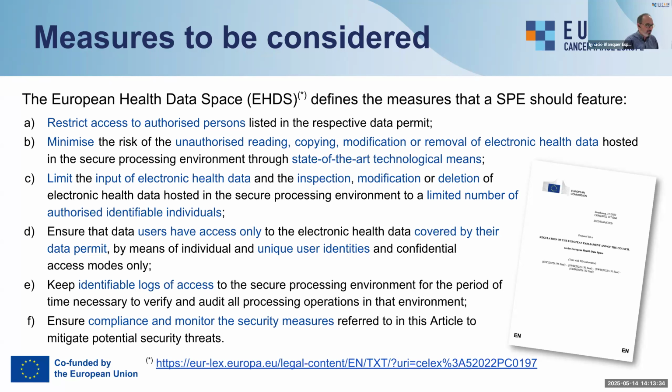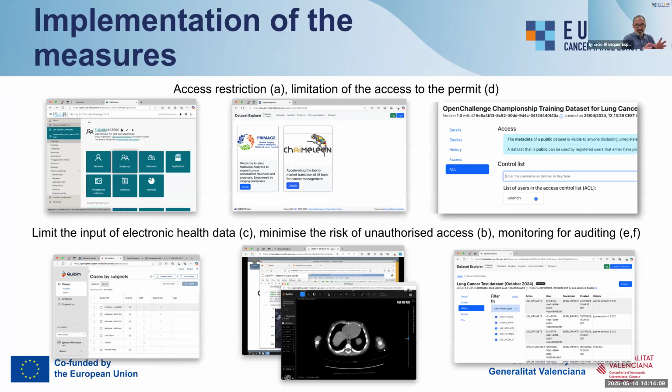So first is the restricted access to authorized participants. This is very common in all research infrastructures, to minimize the risk of unauthorized reading, modification, or accessing. They limit the input to specific persons that have the permission to do it. They ensure that data users only have access to the specific data that is covered by the permit, with very detailed monitoring and logging of the actions performed by the users, and compliance with other security measures. So we have implemented several components in EUCAIM and in Chameleon to address all these